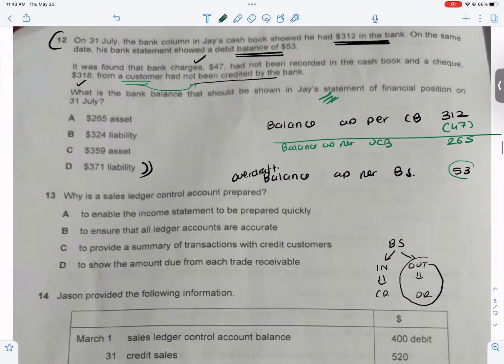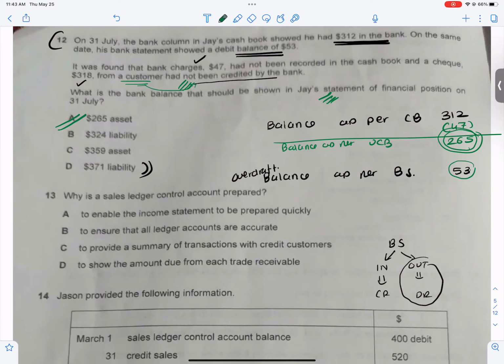The difference between these two is only because of this 318. Okay. My actual bank balance is how much? 265. So only this will be the amount that I will show in the statement of financial position as an